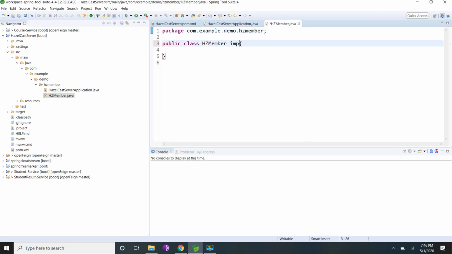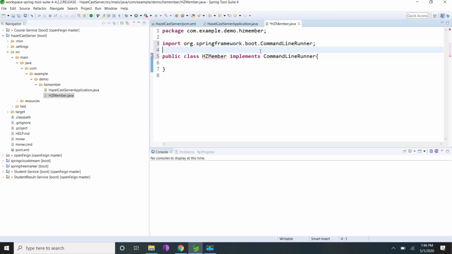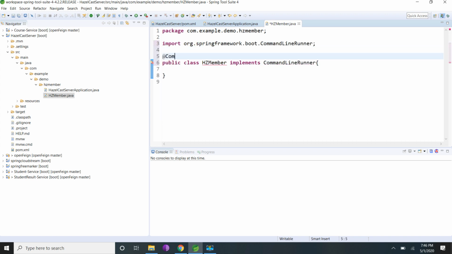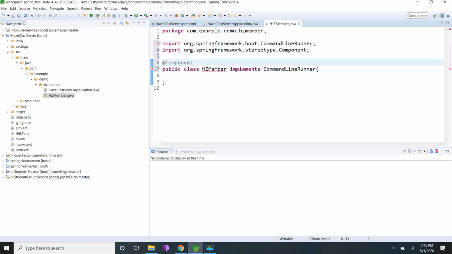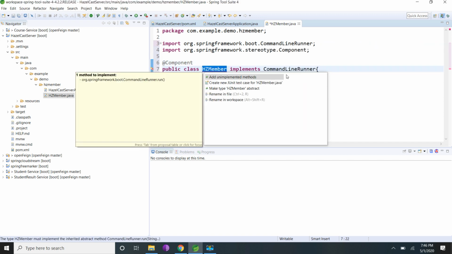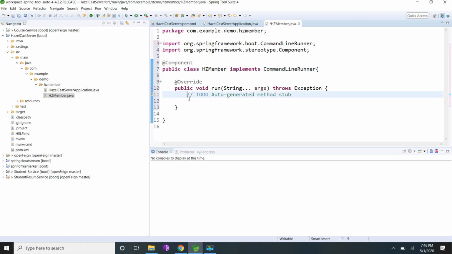I am implementing CommandLineRunner so that when the application starts up, whatever is defined in the run method gets executed. We need to add @Component so that Spring will recognize and initialize this class. It's giving an error because we have to implement the run method.